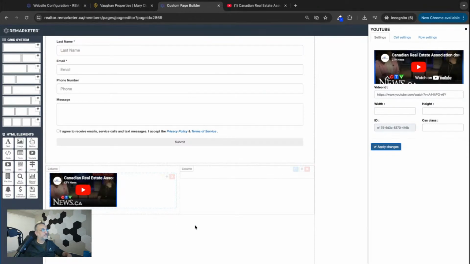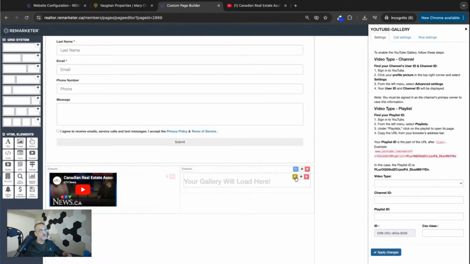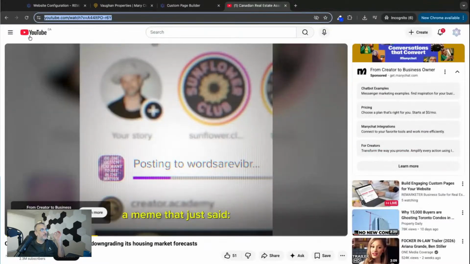So that's that easy. If you want to embed a video gallery, that's a little bit different. There's a set of instructions for you here on how you can embed a video gallery. Basically, there are two options here. If you want to embed a channel, a YouTube channel, or if you want to embed a playlist, right? So there are two different things on YouTube. So if we go back,